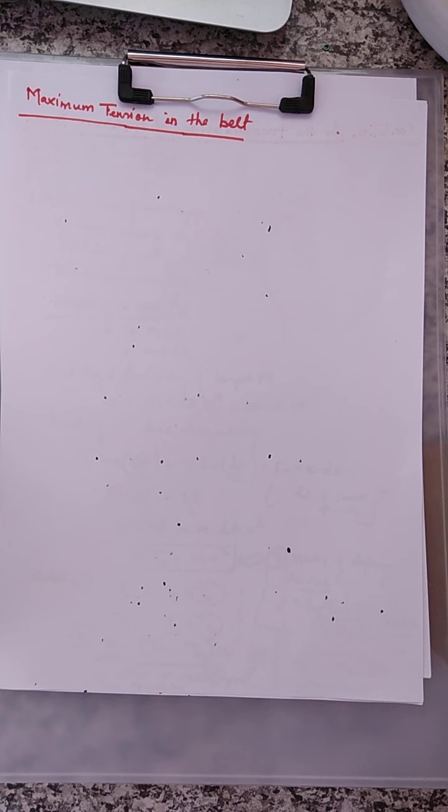Hello, good morning everyone. Today we will discuss the maximum tension in the belt. A little consideration: the maximum tension in the belt, T, is equal to the total tension in the tight side of the belt. The total tension will always be equal to the tension in the tight side,